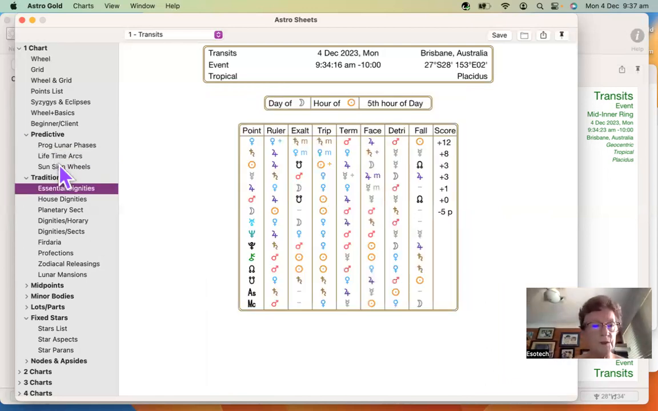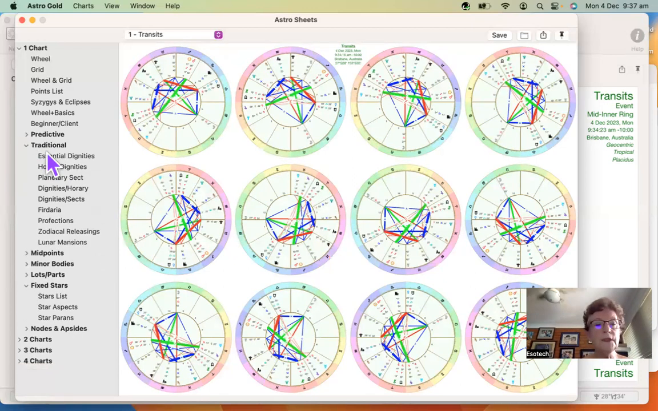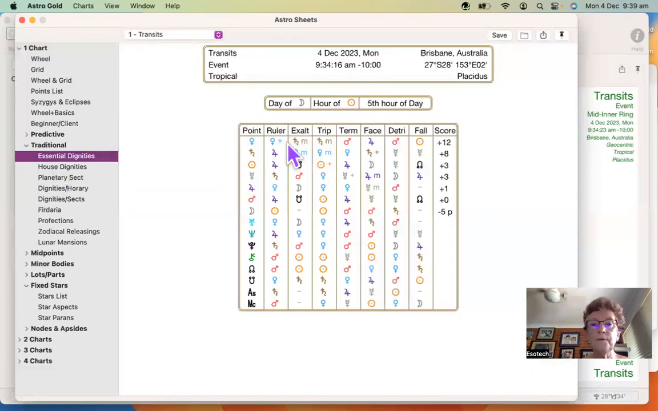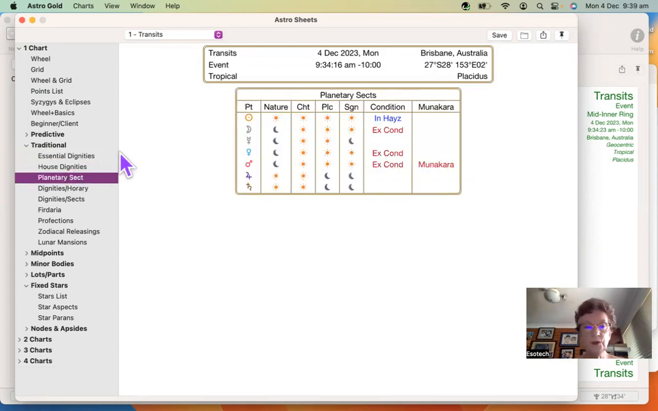Oh no, it went slow, so I moved it on and went too fast. Showing the same chart with every sign on the ascendant, and that uses whole sign houses. In traditional, we can see essential dignities. We can see house, and M means mutual reception, and you've got the option of turning that off in your preferences. We can see house dignities, planetary sect, dignitaries and horary,